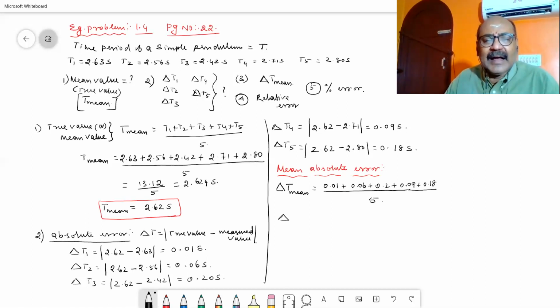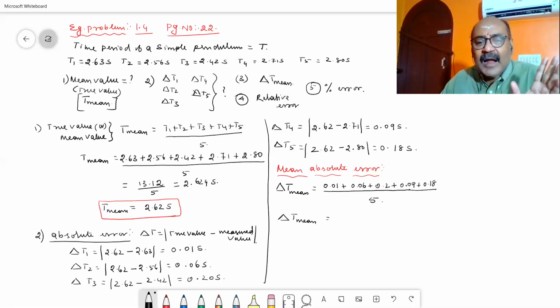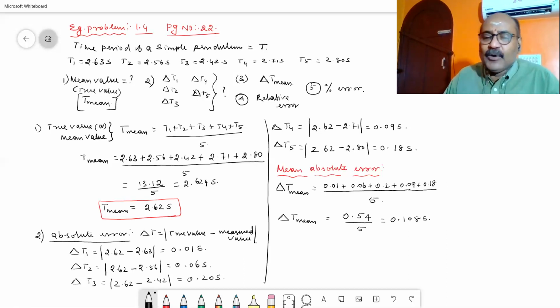When you add all these quantities, you get 0.54 divided by 5. You will be getting the answer as 0.108 second. When you are rounding it off, because all the data have only 2 significant digits,